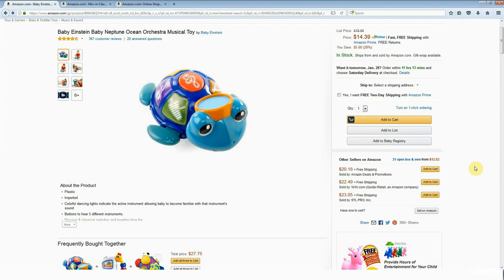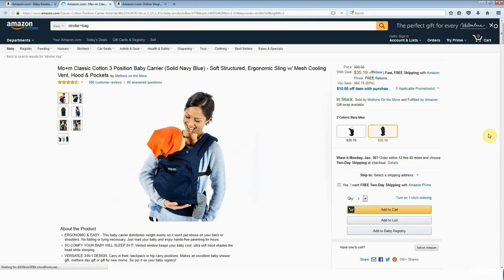Okay, so that's one type of seller and the most common type of seller on Amazon. The second type of seller is what we call the product owner seller. What a product owner seller does is they purchase unbranded stock and they put their own brand on it, and that could be by putting a logo on the product. It could be by creating some unique package design for the product. Sometimes it's just as simple as having a unique UPC code. Now, don't worry about these terms. You're going to be learning all about this in the course.